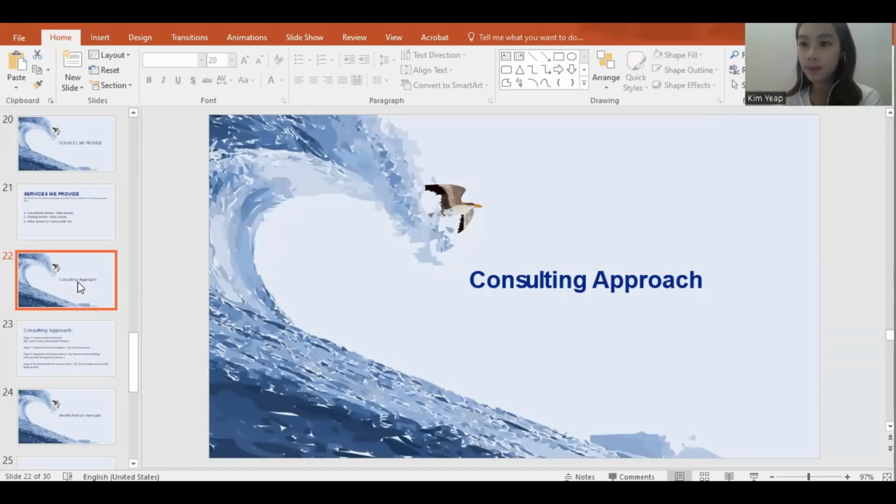Then the salesperson will pass this to the admin. Of course, we do have a flow, which I am not going to explain in detail. I'm going to let your direct superior do it. But all in all, the salesperson will pass it through to the admin who does the arrangement, and then it drops into the consultant's hands. This is when the consultant will take over the case, where they will start to see the clients and help them comply with the standards. But how do they do it?